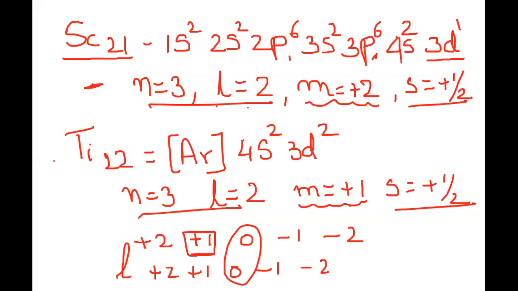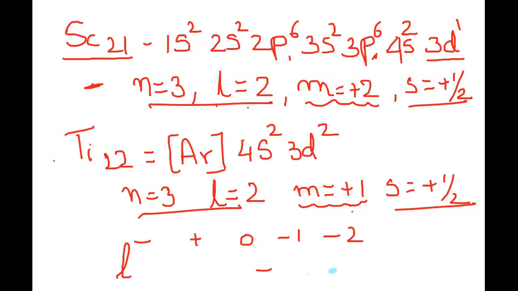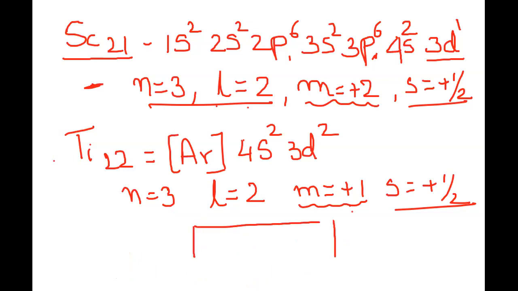Can we take m as 2 in the second example? No, we cannot take m as 2. Why? I will explain. Good that you asked. If I'm talking about l equal to 2, then I'm actually talking about the d orbitals. The d orbitals are 5 in number, so 1, 2, 3, 4 and 5. They are degenerate orbitals, so they have to be filled up singly first and then the pairing will start, right?